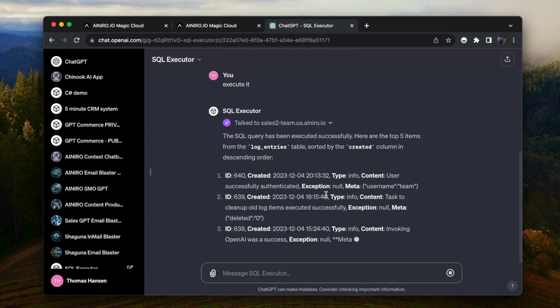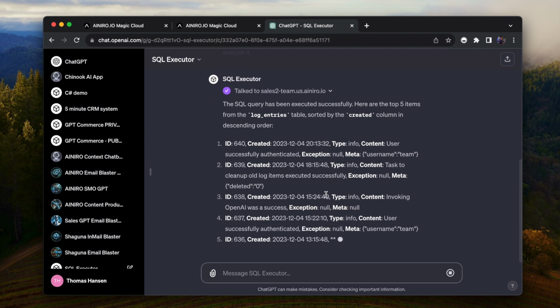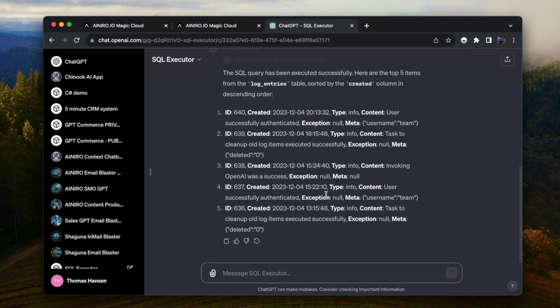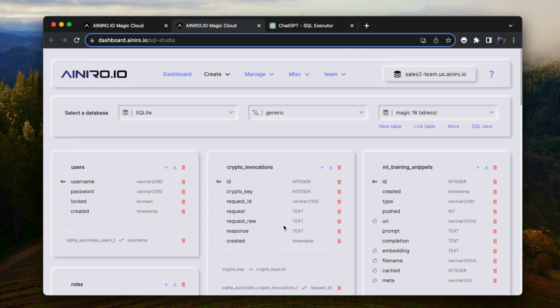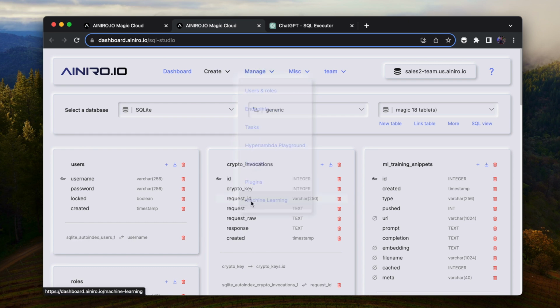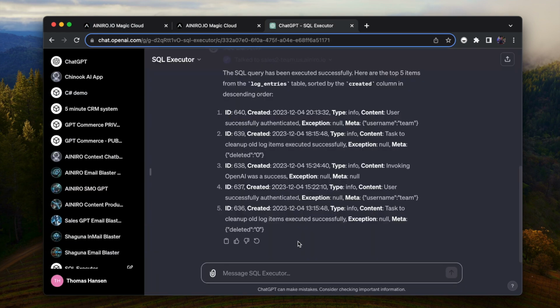But the point is, I now have the capacity to write natural language to ChatGPT, have ChatGPT transpile my natural language into a SQL statement, execute that SQL statement, and have the result returned. Right, so now if I go back to my cloudlet here you can see SQL Studio. Let's see our machine learning model. Let's see, okay, we have some interesting info here, I guess, so we can ask it to select